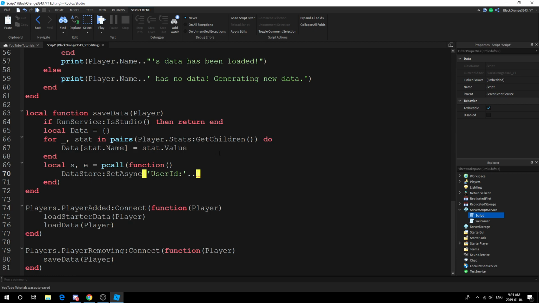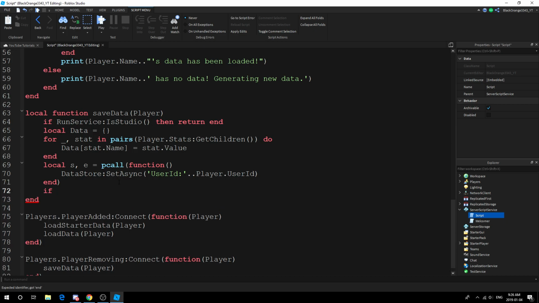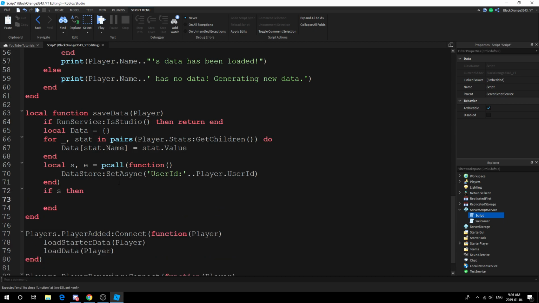I'm going to repeat this a lot because this is really simple. All you guys gotta do is copy. I'm here explaining it so that you guys maybe will learn a little bit. But continuing on, we're going to put player.UserId because that's what we did earlier. Alright, now we got this down. What we're going to do is if s then print player.Name as data has been